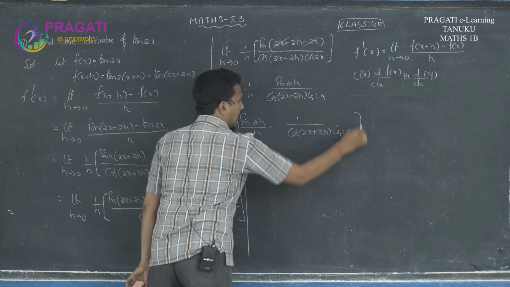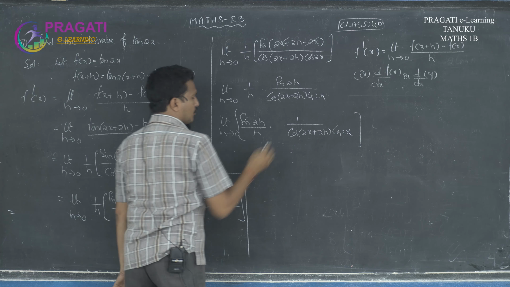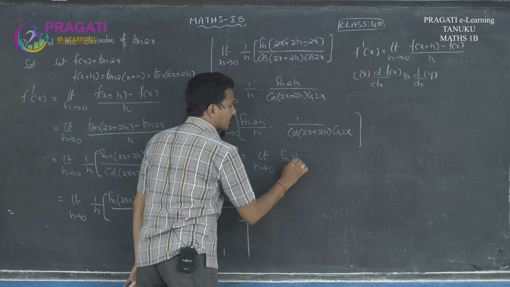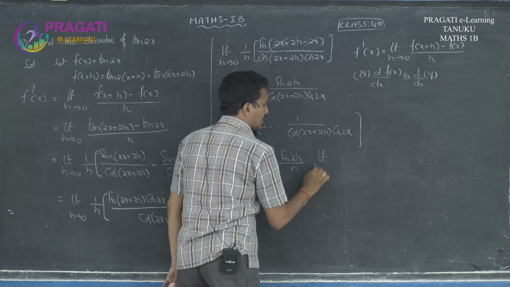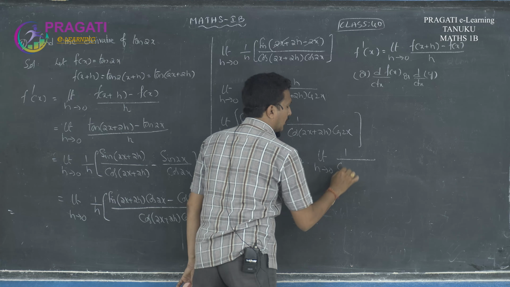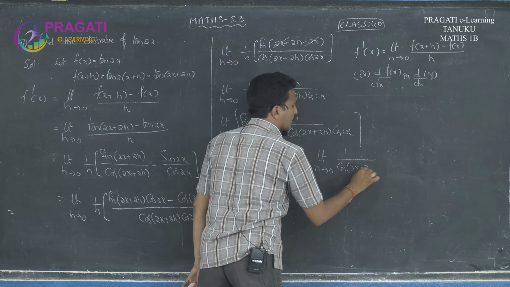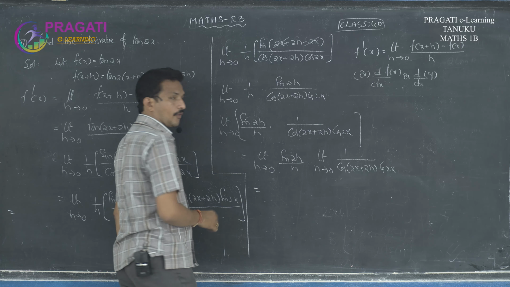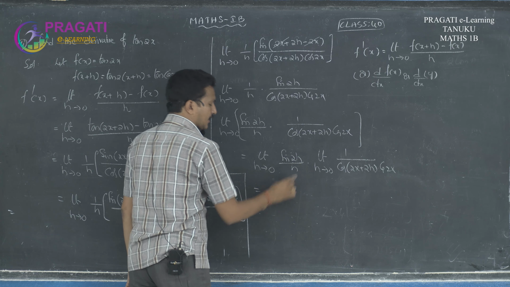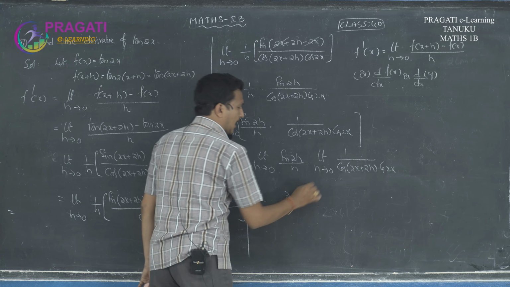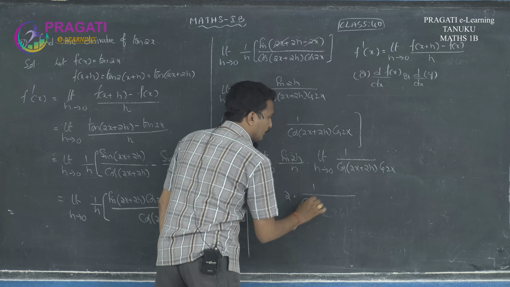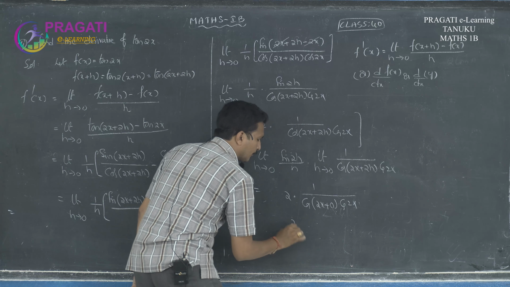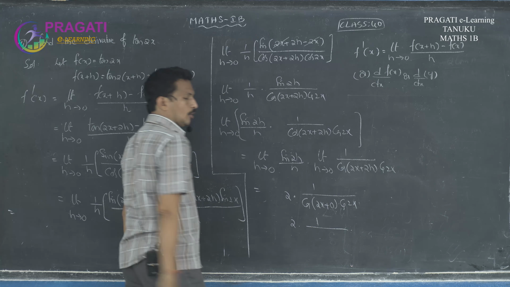Okay, limit x tends to a, f of x into g of x can be written as limit x tends to a, f of x into limit h tends to 0, 1 by cos 2x plus 2h into cos 2x. Here it is of the formula sin nx by x, n. It is directly substitution, cos 2x plus 0 into cos 2x, 2 into 1 by 2x plus 0 means 2x,